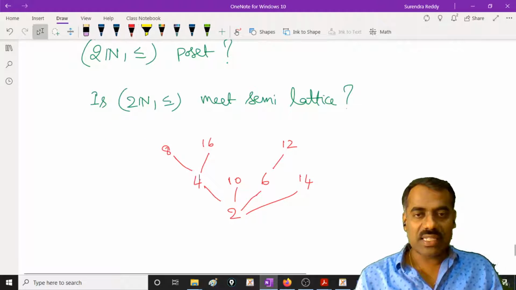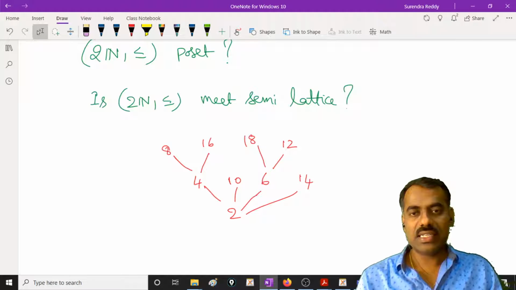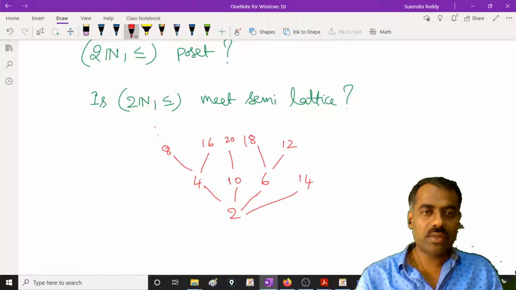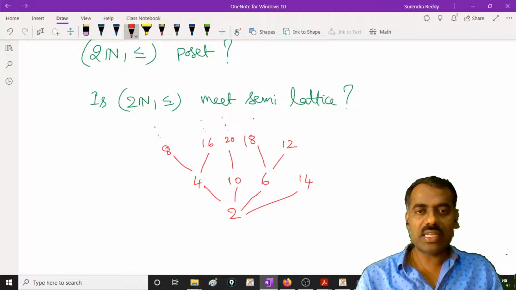Now, why I just explained: I can put it here, then 18. Is this clear? Okay, then 20, where will you get 20? Here you will get 20, and so on. It will keep on going. So it is just never ending, it keeps on going.